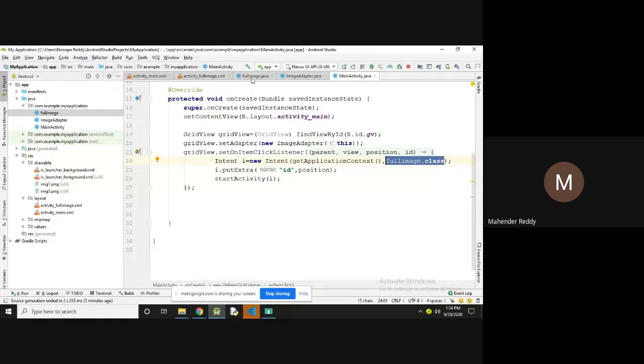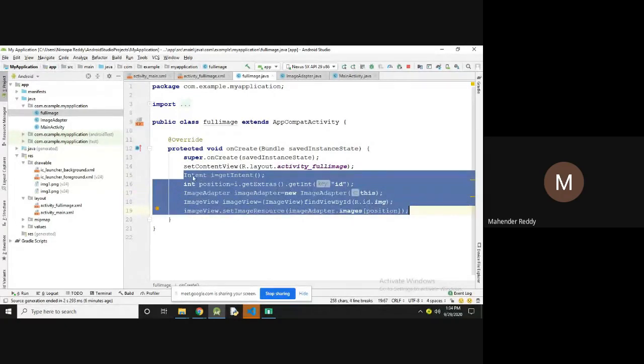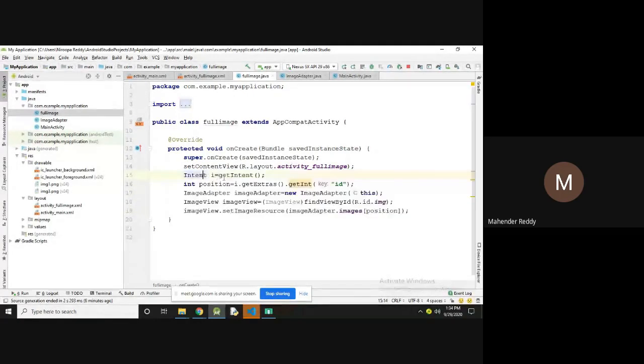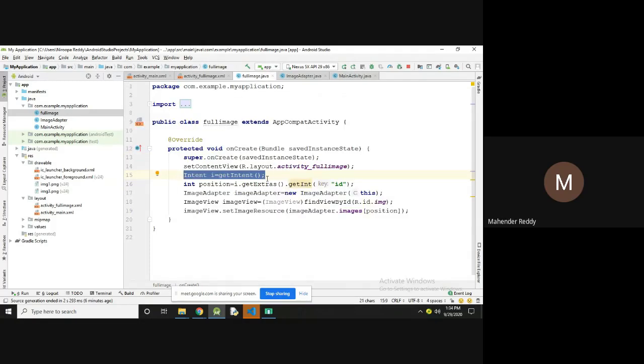Now in the FullImage dot class file, first Intent i is equal to getIntent, and I'm going to get the content whenever you are passing some values on the intent. Here we are passing the position as an id, and that id I'm going to access here.